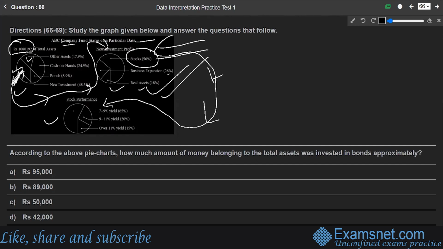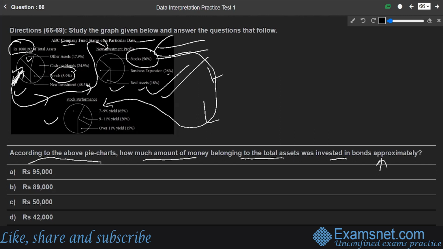Now the first question is that according to the above pie chart, how much amount of money belonging to the total asset was invested in bonds approximately? So we are supposed to find out where the bond value is. The bond value is here. So bond value is 8.9%. So if we approximate this to be 9%, so clearly we are supposed to find out the 9% of